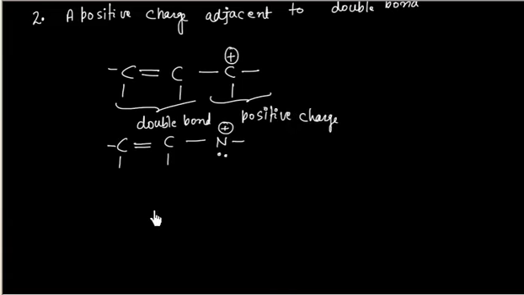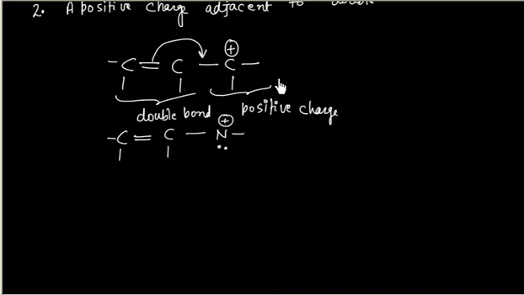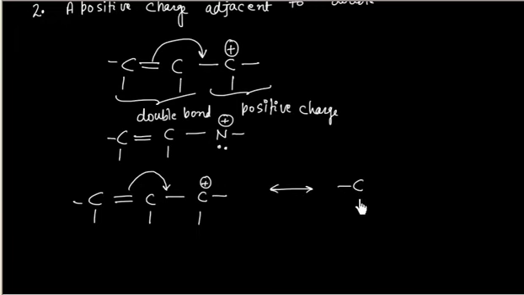Now in these cases, what we have to do, we have to convert this bond pair into another bond pair. So if I follow this arrow, we can write a resonating structure. Let us write again. So we have this compound. If I follow this arrow here, I will have a double bond here. Now this carbon has only 3 bonds, so it will have +1 formal charge.